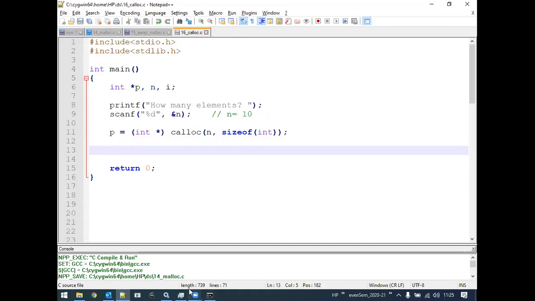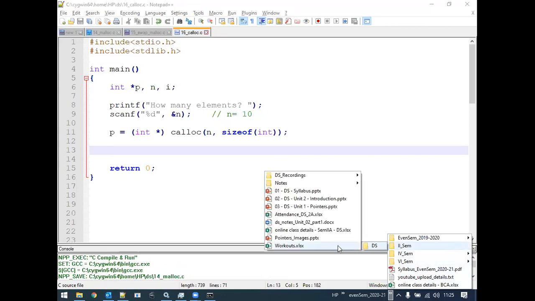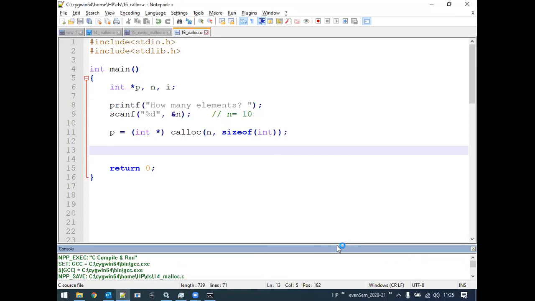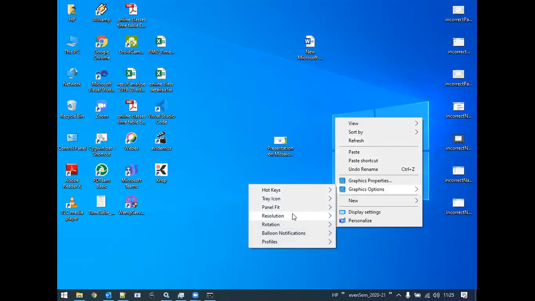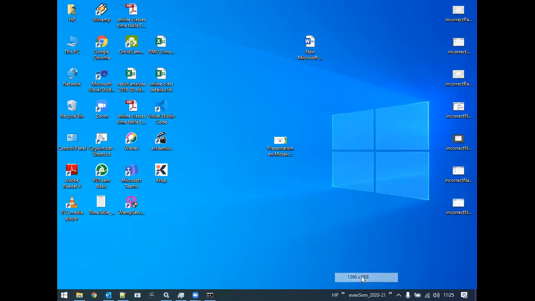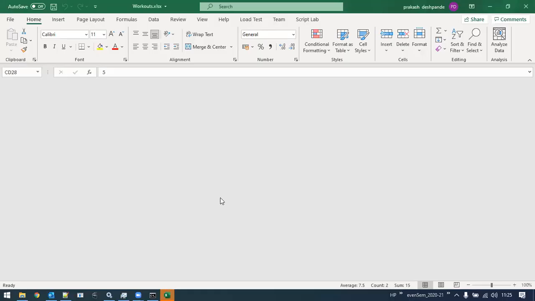Let me simultaneously try to show you the Excel sheet for your better understanding. Give me a moment. Just a second, it's loading.